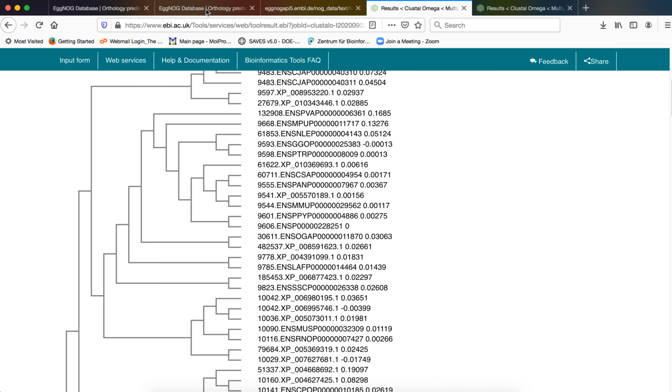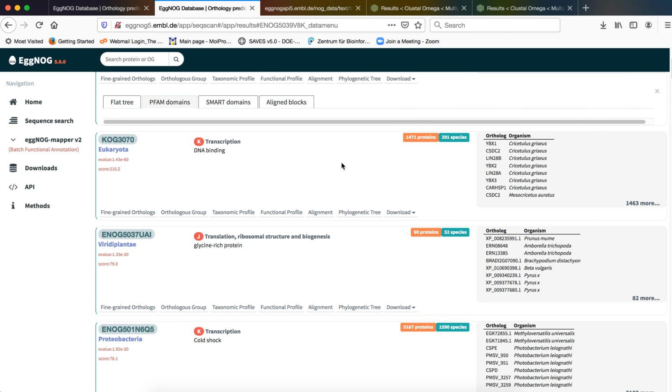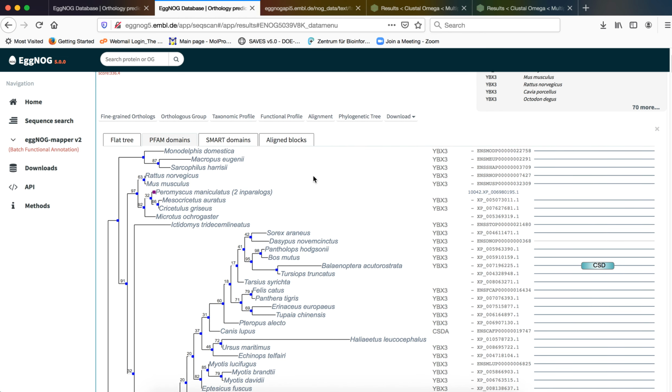Following that, we will again go back to our eggNOG result page, which is this page, and we will click on the phylogenetic tree that the eggNOG page was providing us with. Now remember, this phylogenetic tree does not have our test sequence in it, so we did not copy any kind of information from this phylogenetic tree segment. But let us see what kind of phylogenetic tree this eggNOG database is providing us with. Okay, so this is the phylogenetic tree that we were being provided with.